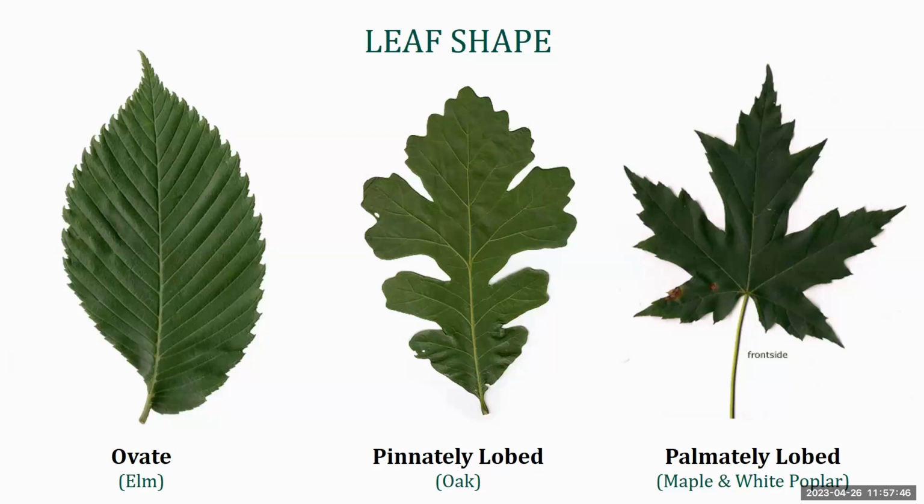And in the case of the elm as well, we also want to look at the apex of the leaf too. Some trees have perfectly rounded tips, while this elm comes to a very sharp point. And then these next two trees relate to the leaf's shape and also the margins. We can have leaves that are lobed, or they have distinct rounded or pointed projections on the outside of the tree leaf. We see those terms pinnate and palmate used again here, referring to how the lobes are oriented on